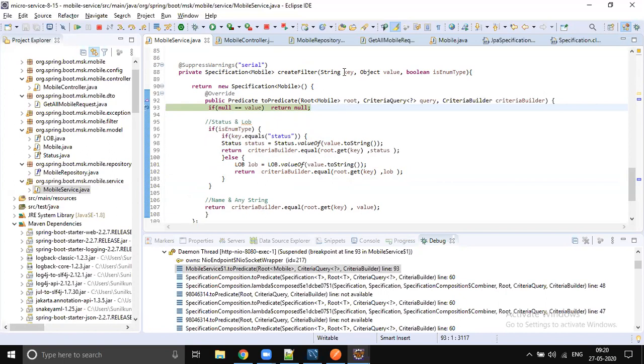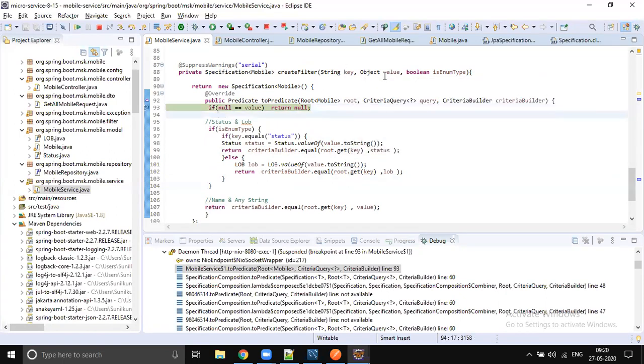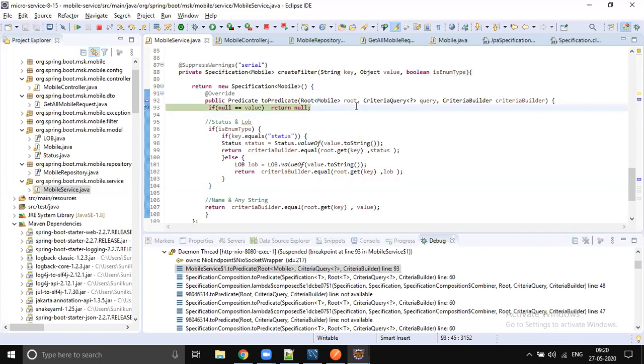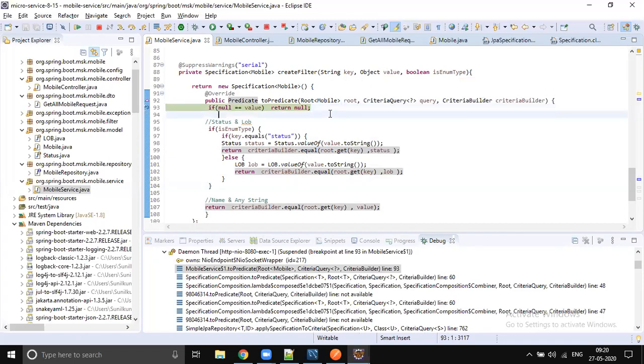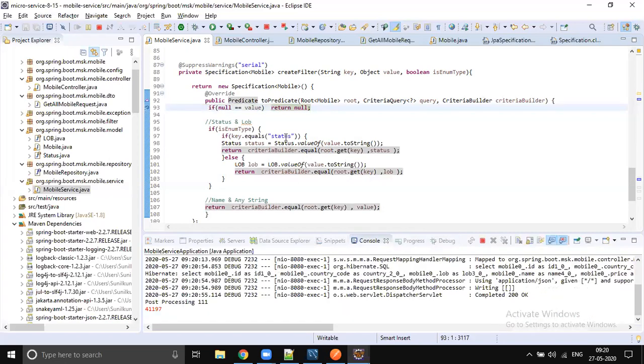It is null, that's why it came. Okay, fine. So now price is also null, right? Object is null. Okay, fine. So key status. Price, I think the problem is with the price filter, I believe, right? Price 0 is going as default. So that is the problem.